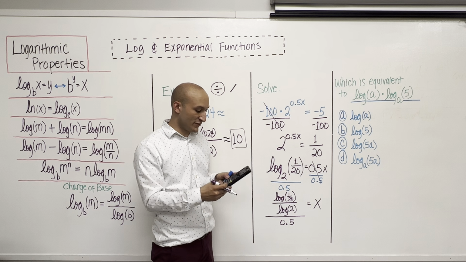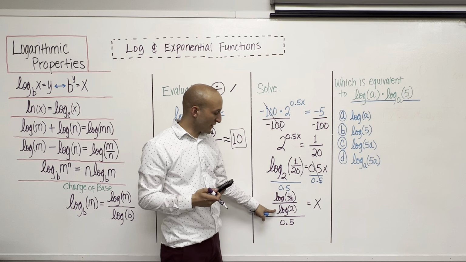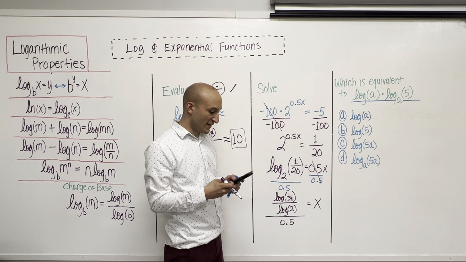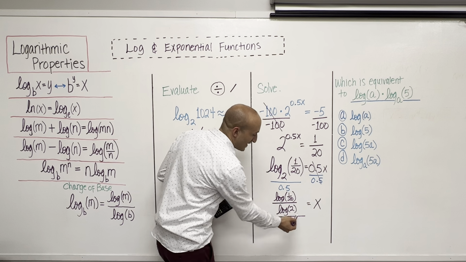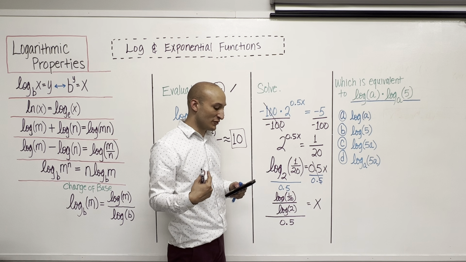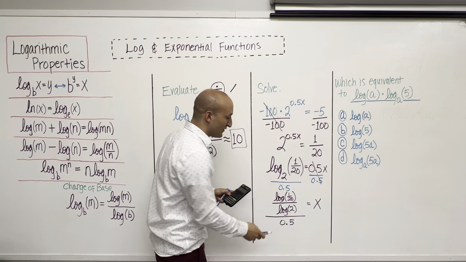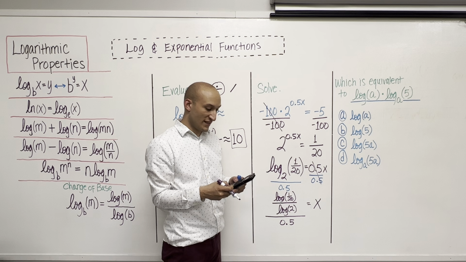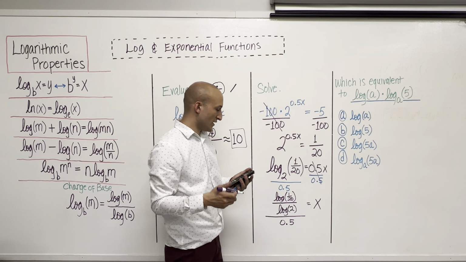Okay, once I hit enter, then I'm going to hit the division sign, and then I'm going to write the bottom. Divided by log of 2. Hit enter. And I got a long decimal again, which is -4.3219280. Okay, again, do not round those numbers. The last thing I have to do is divide by 0.5. So I'm just gonna hit the division sign again, 0.5, hit enter, and my answer,